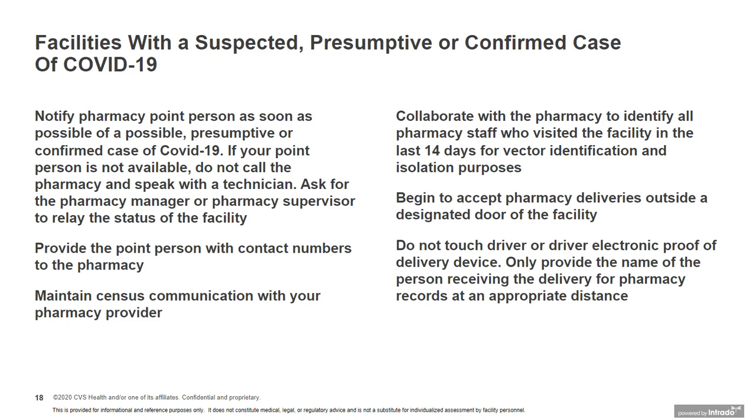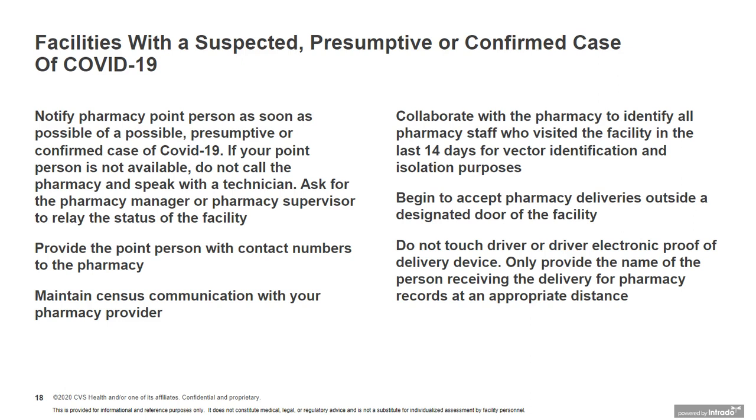And if our facilities are ever declared safe, and I assume that that may take several weeks or even months, and it might even be geographically that facilities are determined to be safe, allow the pharmacy to know that as well so that we can go back to usual and customary services. During this time, and almost every day, really, you have to communicate your census daily to the pharmacy so that we can track your residents both in and out of the facility.